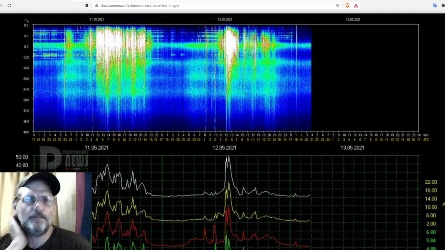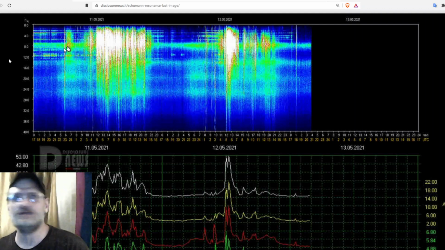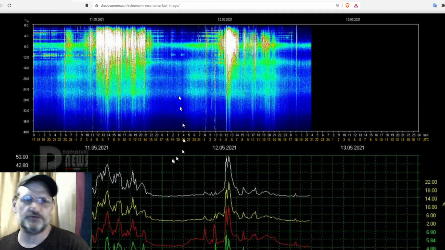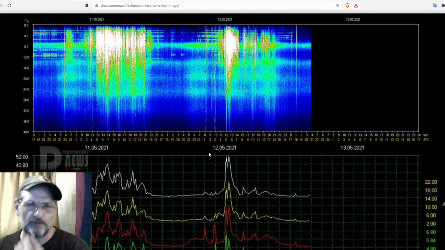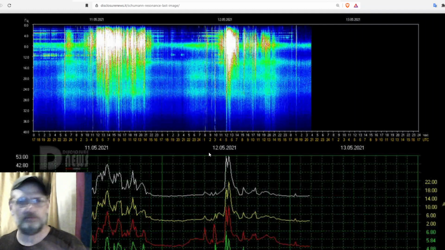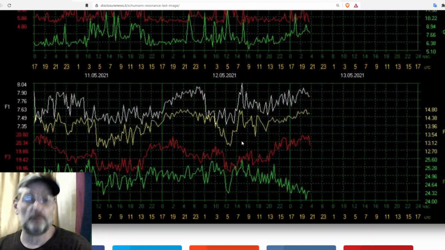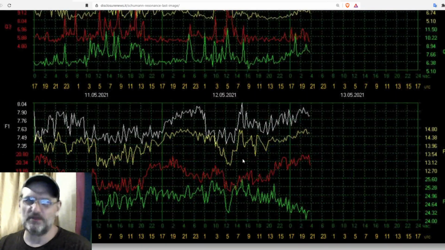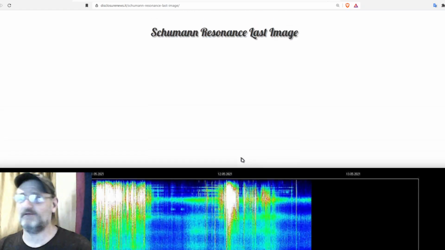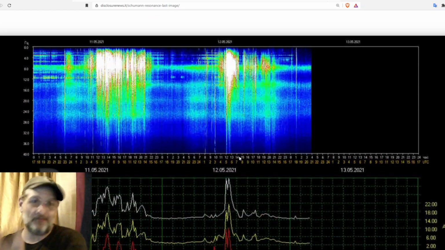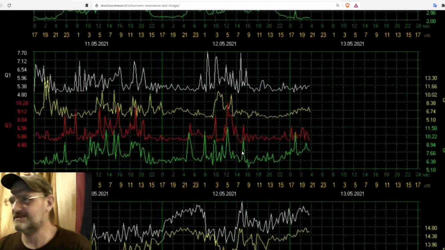So you should be able to see at the top here, this is the website. I go to disclosurenews.it, not that there aren't other places. The other place would be the Tomsk website itself. I go there and compare them. Is this down? What are they doing? It's important, but they show all four of these together. I'm happy to support them. I haven't given them money, but if I had money to donate, I would donate to them.